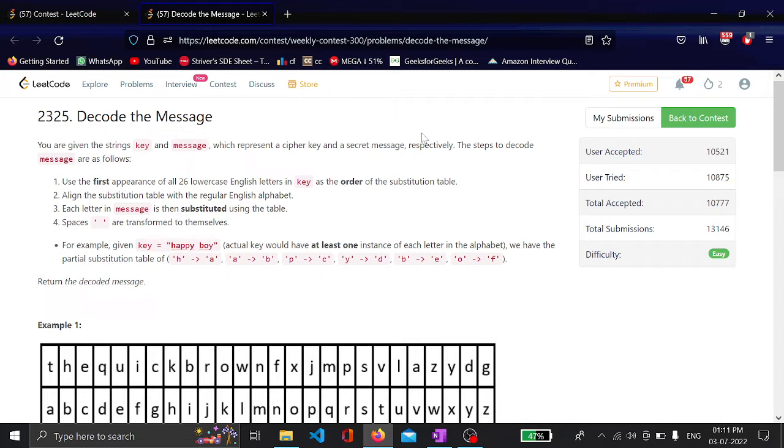The steps to decode the message are as follows. Use the first appearance of all 26 lowercase English letters in key as the order of the substitution table. Align the substitution table with the regular English alphabet. Each letter in the message is then substituted using the table. Spaces are transformed into themselves. Okay, they are saying that they have been given